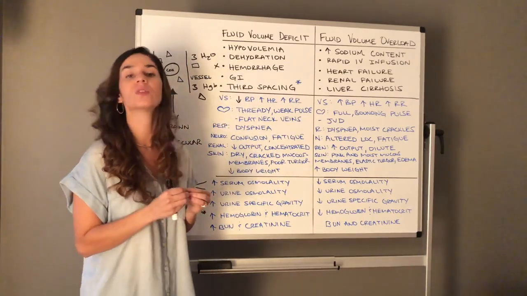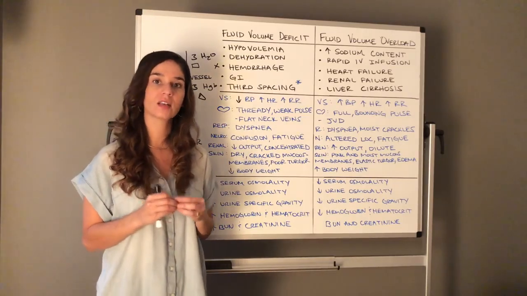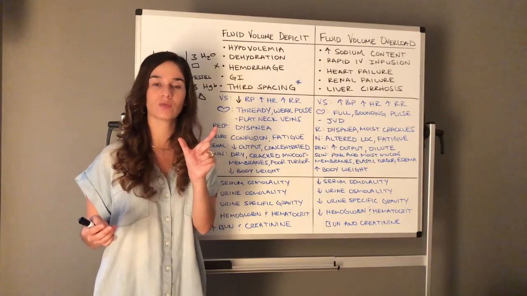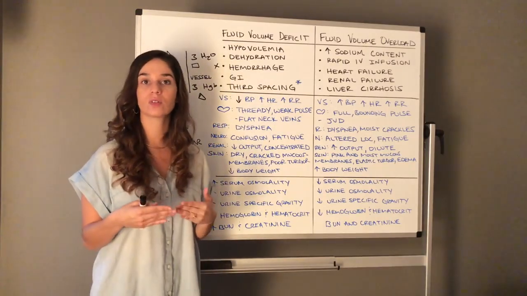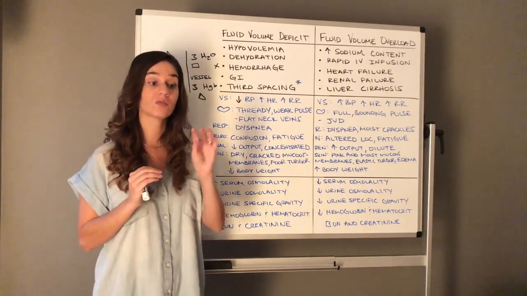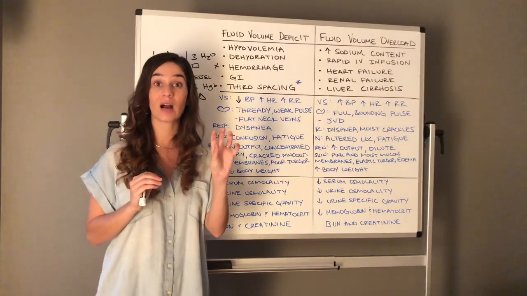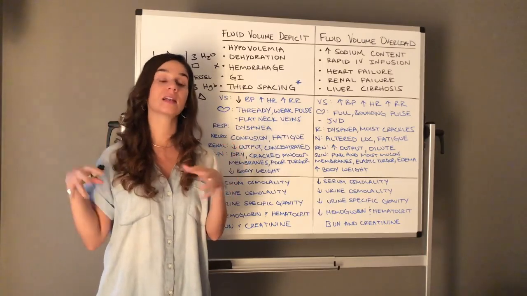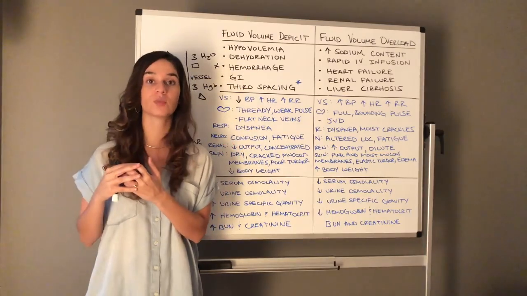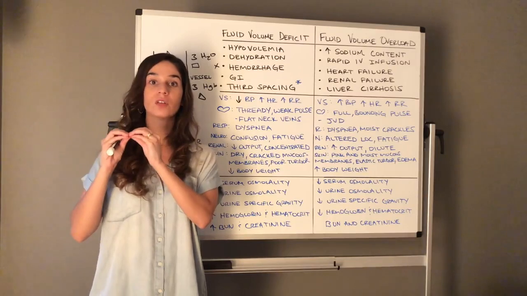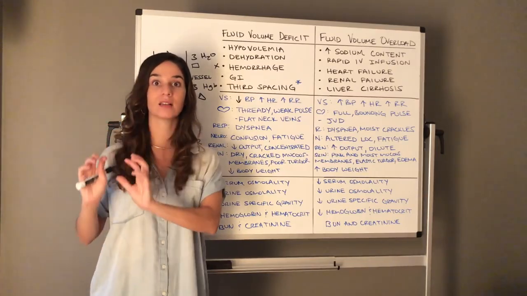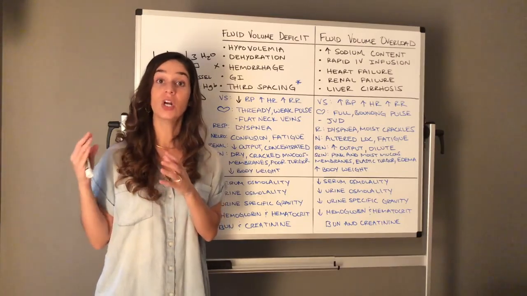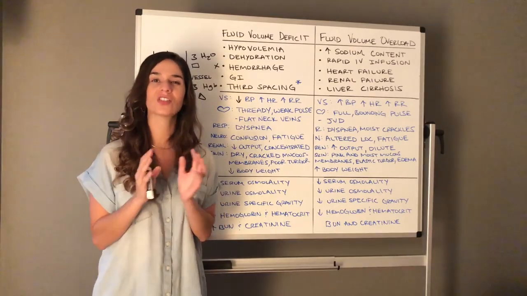So rapid IV infusions, and that's why as a nurse, especially a new graduate nurse, really pay attention to your infusion rates. You typically, for a medical surgical client, see infusion rates from 75 mLs per hour up to 125 mLs per hour. But if you ever see clients on 150 mLs per hour, or maybe they're on fluids, TPN, and lipids, and that's equaling a 200 mL per hour infusion rate, you really better question,